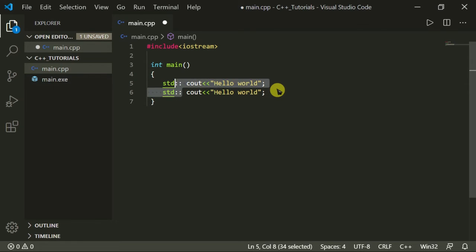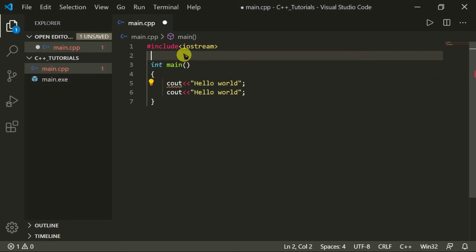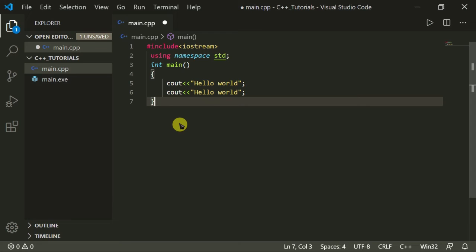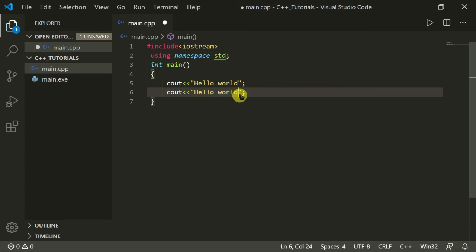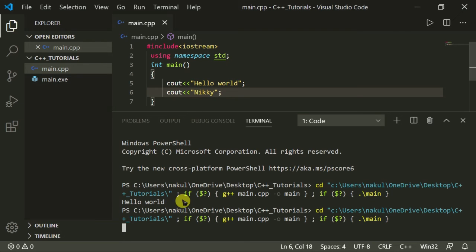But if we use using namespace std at the start, then we no longer need to type std again and again several times. So here I will type hello world, and if I add the element Nikki, now let's run this program. Now it will print hello world Nikki.